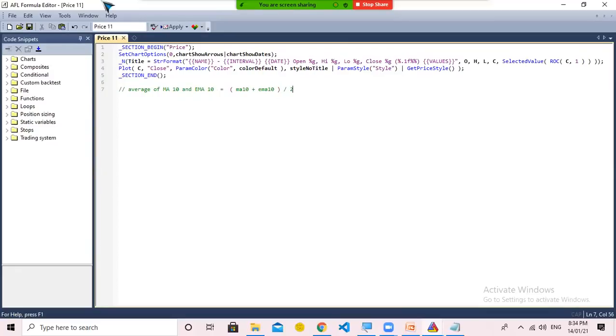This should be the formula. So in order to plot the average of these two figures, first we have to identify the values of these two figures. First is MA10 and EMA10.